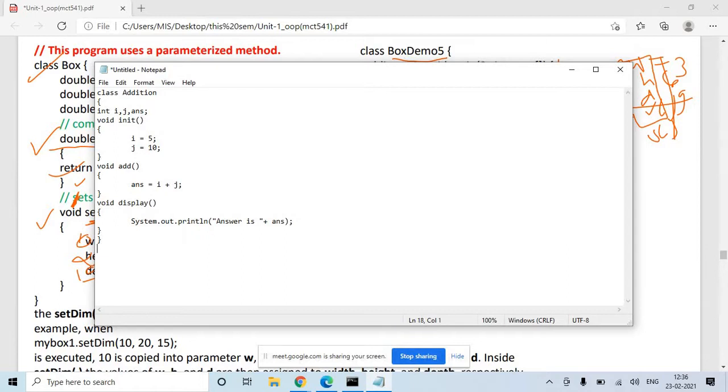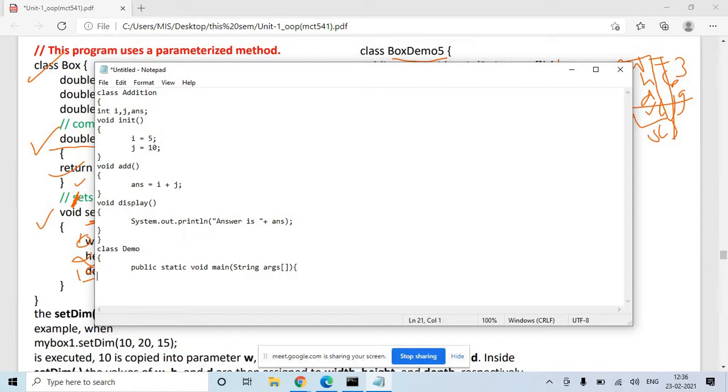Now if you want to use this class, you will write another class, with the class name as demo, any name of your choice. Inside this you will write public static void main string args.